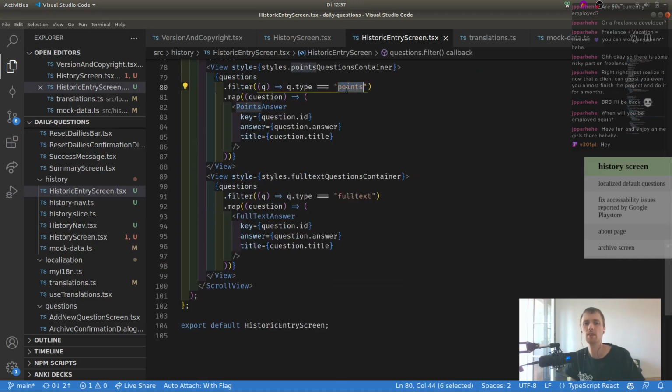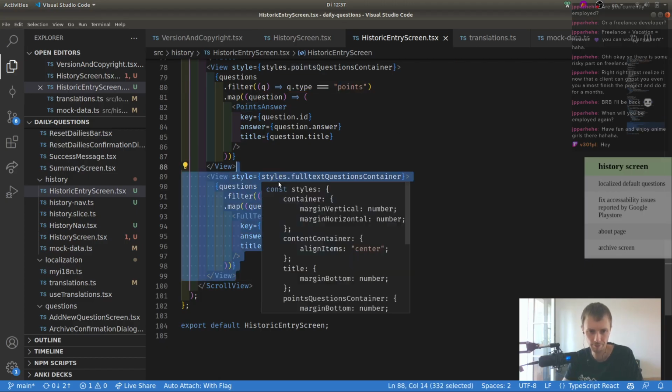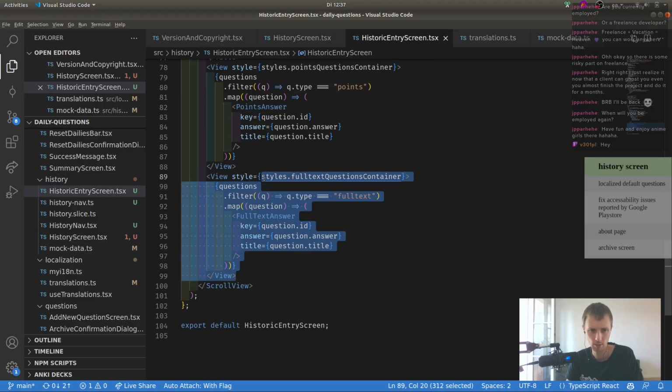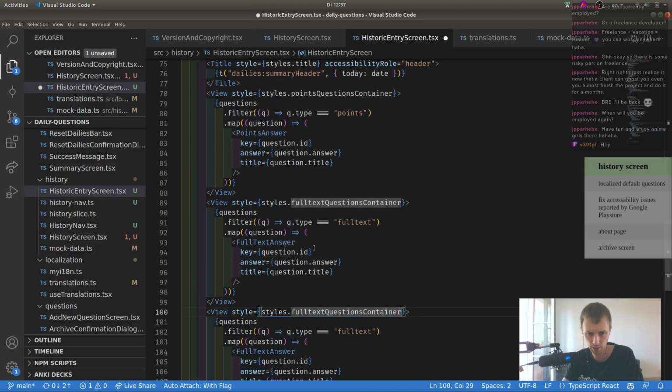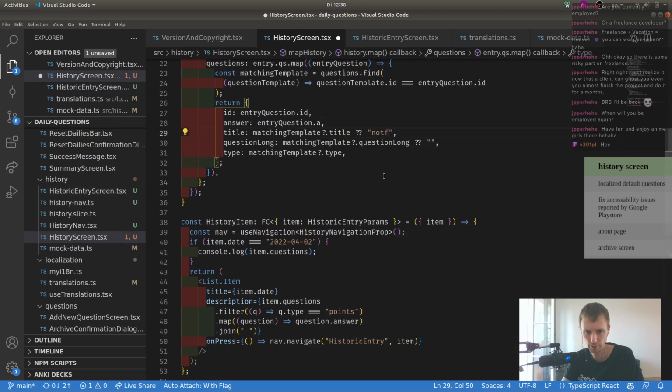Because the type also becomes undefined. I see. So if we duplicate this for just a second, type equals undefined, and I remove all of these,